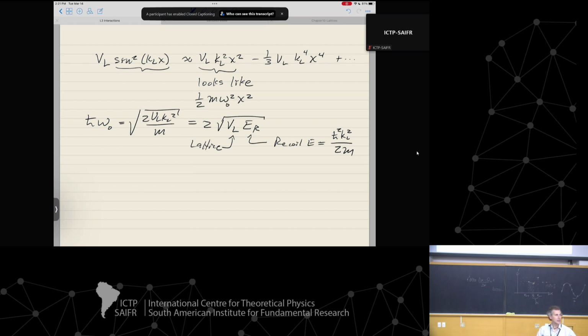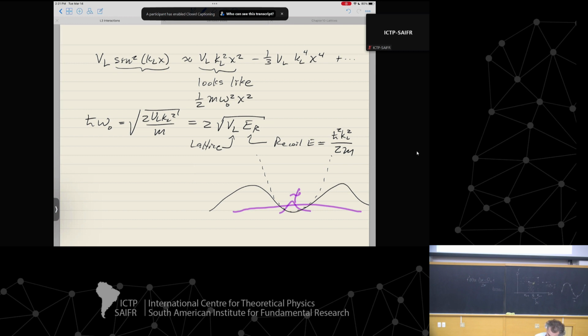So you can see that the leading order term of a sine squared potential is going to be a harmonic. And that makes a lot of sense so long as we're strongly confined. If I have a lattice potential and I'm approximating this as some kind of parabola, then things are going to be fine if my atomic distribution is like this. That seems great. But if my atomic distribution is broad, then it doesn't seem so great, right? For this to be valid as an approximation, I need to be sitting in the middle of the